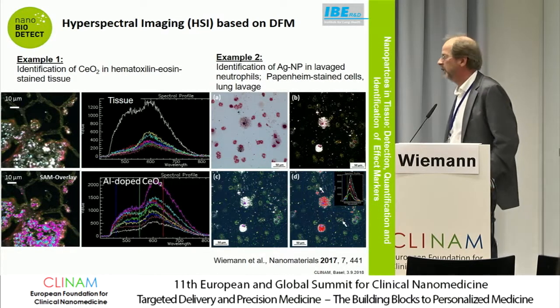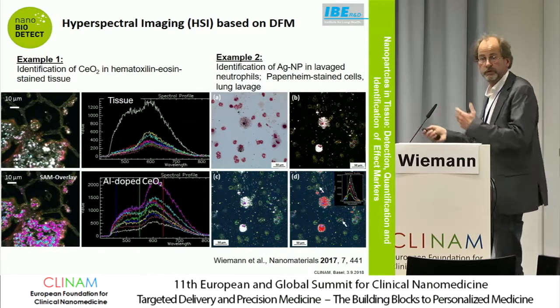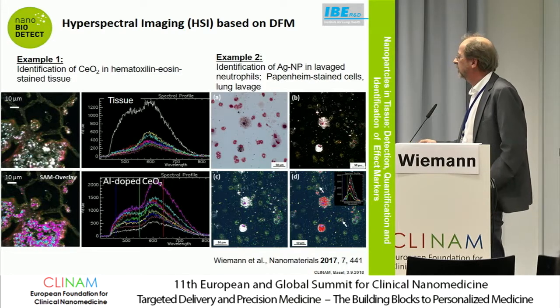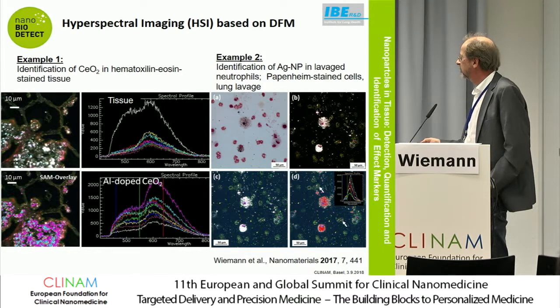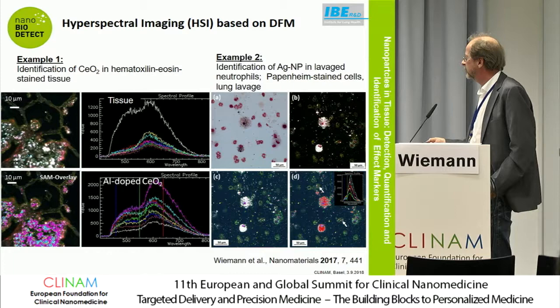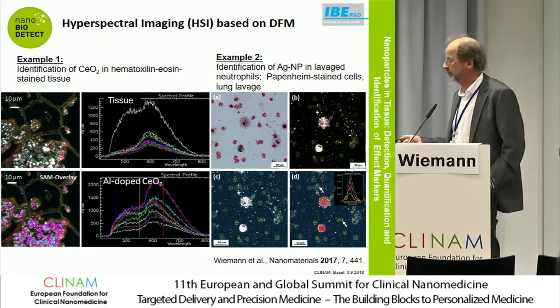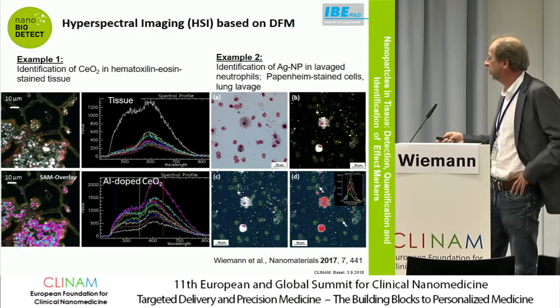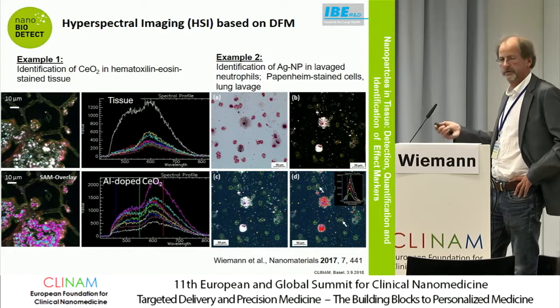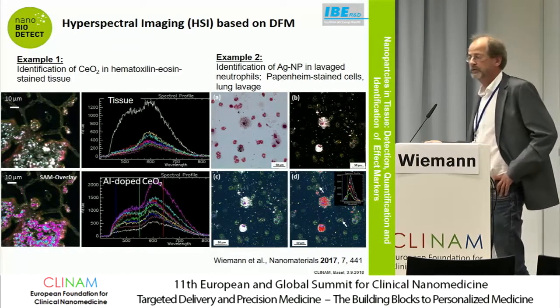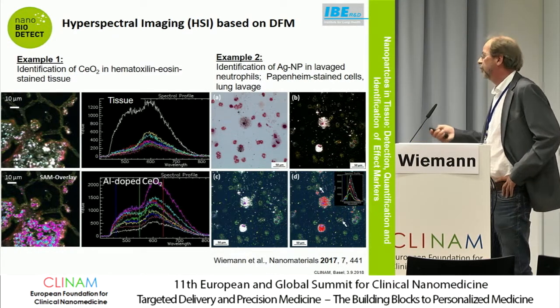Because most people believe, and so did I when we started with these things, that just the macrophages take up all these particles. But you can also detect them very reliably in the neutrophils, and this is true not only for silver. We have found this also in zirconium-loaded lungs. And this is a nice example of how this hyperspectral microscopy can be used in toxicology and probably also in